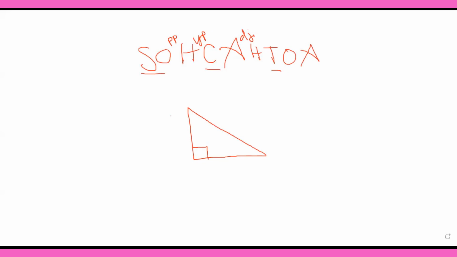So if we were given something, and these are, usually we use large capital letters for the angle, and then we would use little letters for the sides. So it's always good when we're talking about trig to kind of distinguish yourselves. It seems kind of simple, but distinguish yourself between angle and side. So am I looking for an angle or am I looking for a side? So back to SOHCAHTOA,